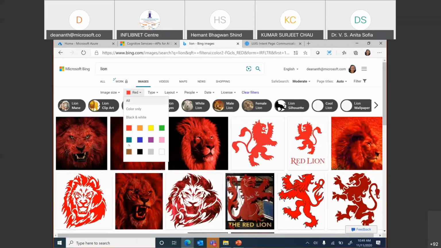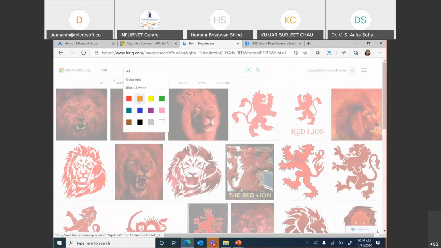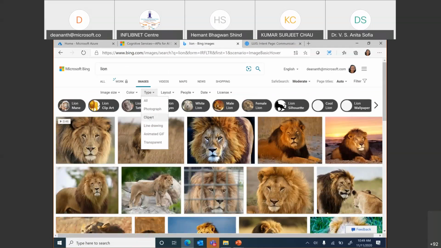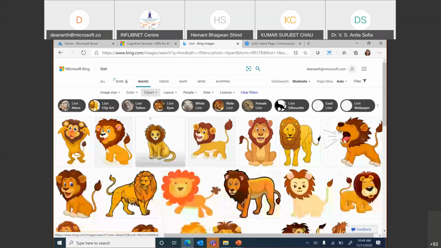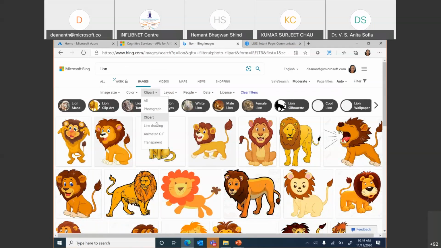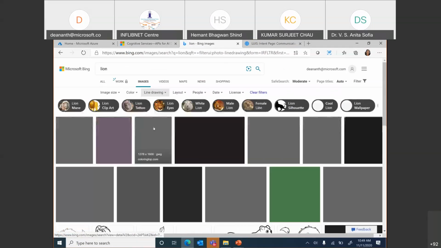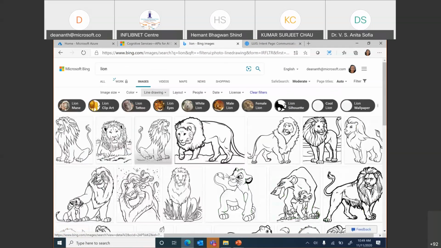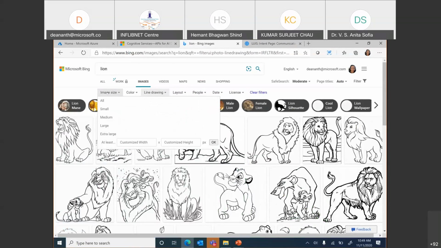So how do we add these colors, right? Or even the type of picture. Do people look for only clip art so they can include cute things into others? Are people looking at only line drawings that they can print out and maybe color and so on and so forth? There are all these things which get added to say, do you want wide, square, tall layout? If you're looking for people, do you want just faces or head and shoulders? Image size, at least what pixel in height, what pixel in width, and the date when it has been published.